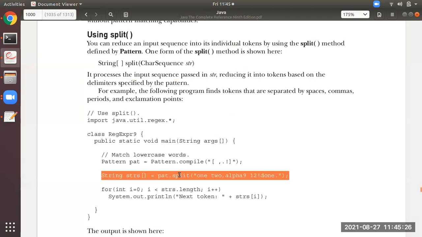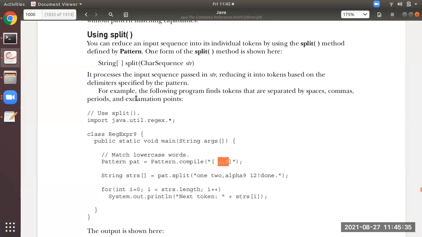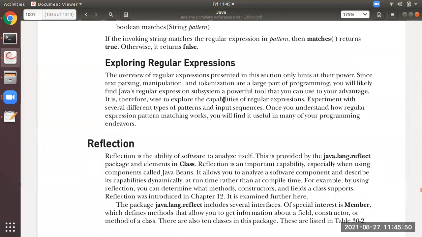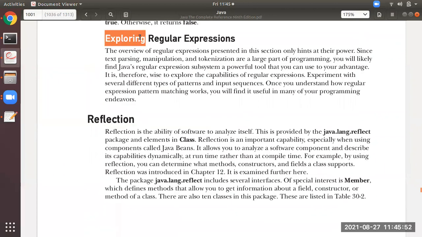Whatever is passed in str will be processed according to the delimiters, separated by spaces, commas, periods, and exclamation points. Okay, students, that's it with regular expressions.